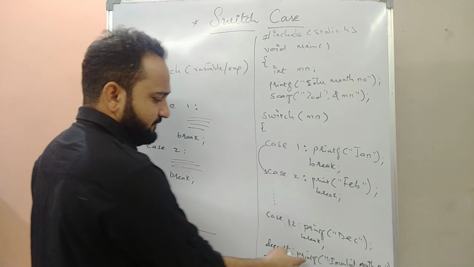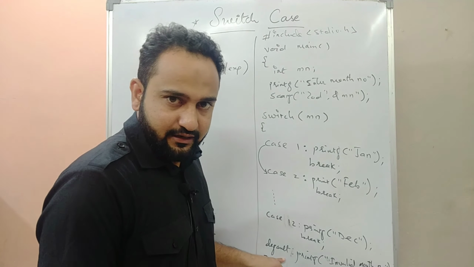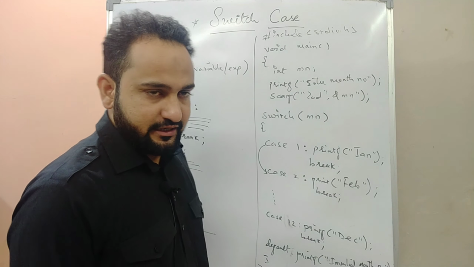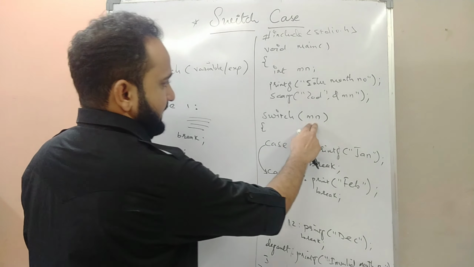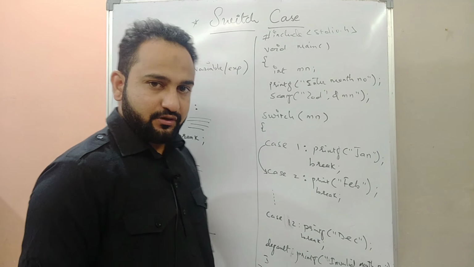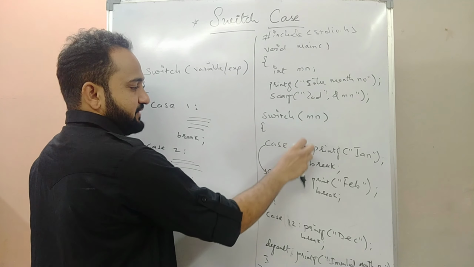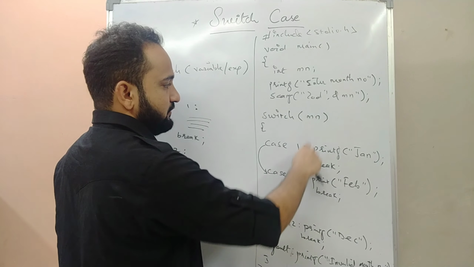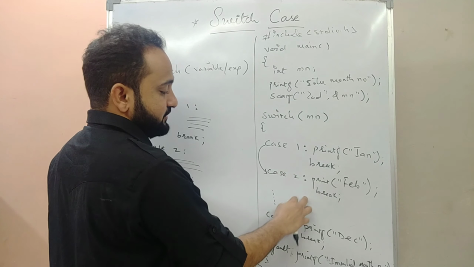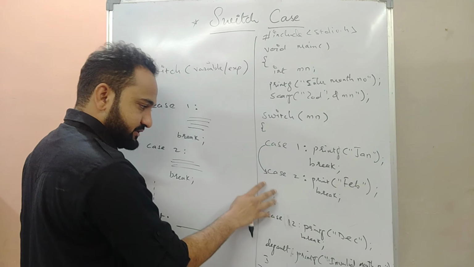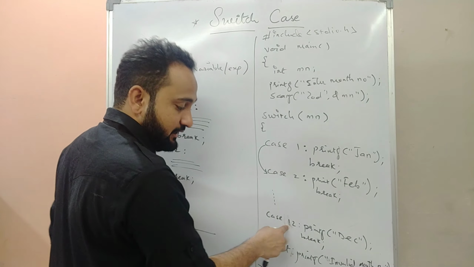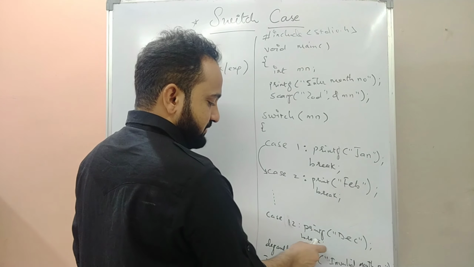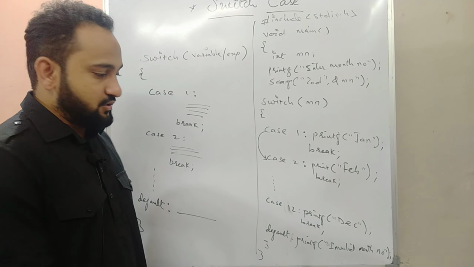If you see, after default you don't require anything, right? You don't need to break out of it, because default is already your last statement. So again repeating, for example, the value of mn entered by the user is 12. It will check with all the cases. It will start from 1 equal to 12? No. 2 equal to 12, no. 3 equal to 12, no. For all other cases it won't be true. For case 12 equal to 12, yes, it is satisfied. It will go inside, print December, and come out of it.